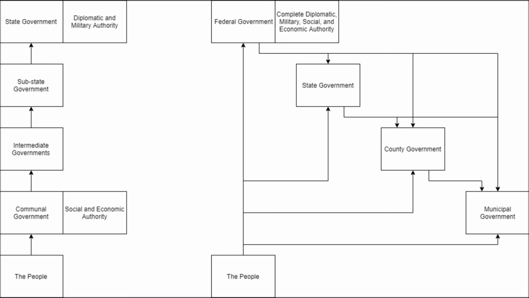So the idea is that those people would elect trusted leaders who would then themselves elect people that they trust. And therefore you have essentially a pyramid of trust, where at the bottom you've got the people, then your communal government, intermediate government, sub-state, and then the state itself. And what this is supposed to do is refine the authority and the trust and the integrity, actually, of the leaders in the government, so that by the time you're at the top, you have